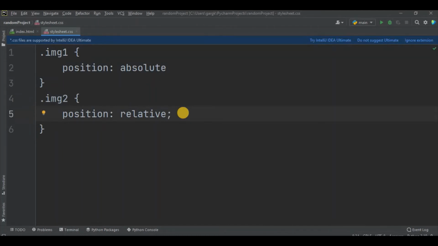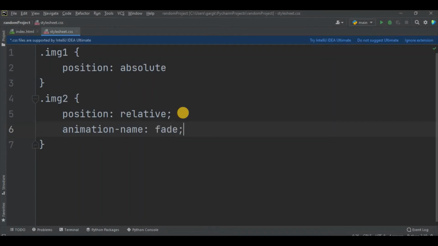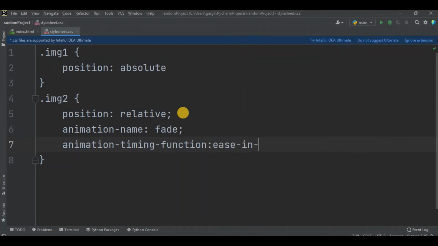So I will put a semicolon and here I will write animation-name, and I will give a random name to my animation, and let's give it fade. So animation-name is fade, and also we need to put animation-timing-function. This means that we need to tell whether the animation will be slow or fast. So if you want it to be slow, then you can write something like ease-in-out,